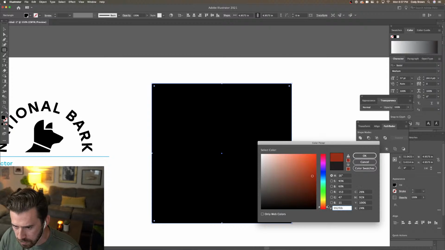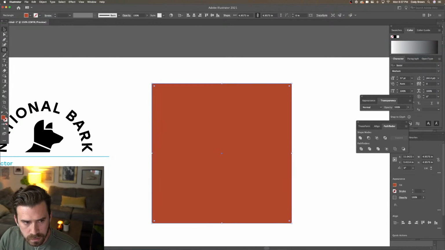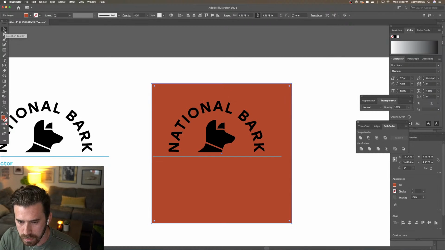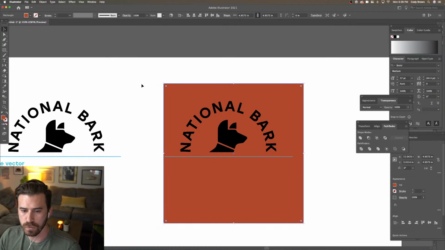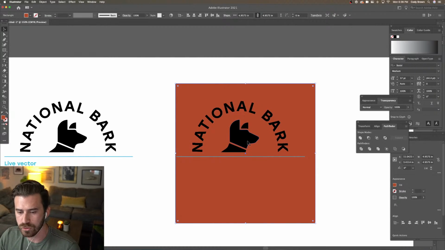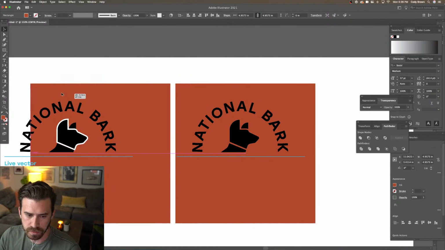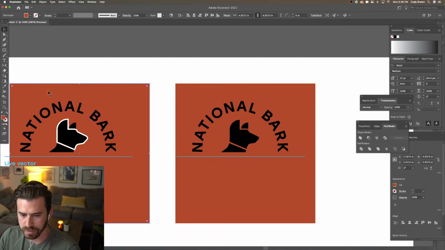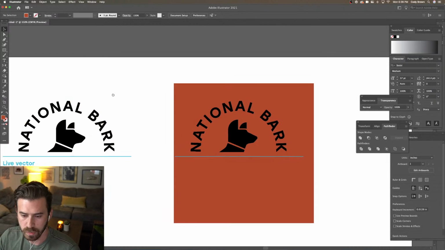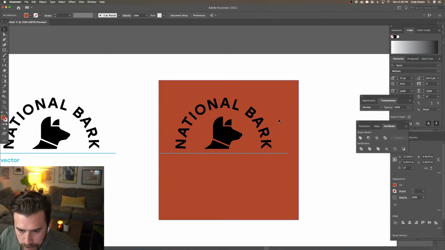See, this is all the stuff you don't see when I'm actually designing and I make a video. Lots of mess ups. So I'm just sending it to back. I'm holding command and then left bracket, and you can send everything to the back. So now you know for sure that that stroke is gone. And you can see what happens. See, that's what it looks like when you don't get rid of the strokes. Okay, so